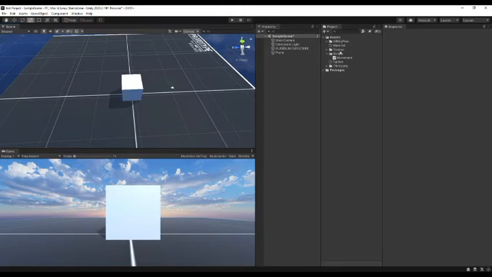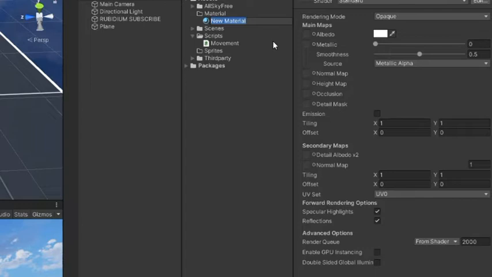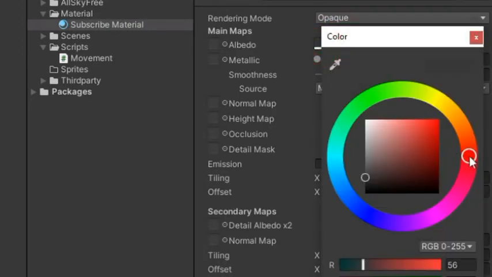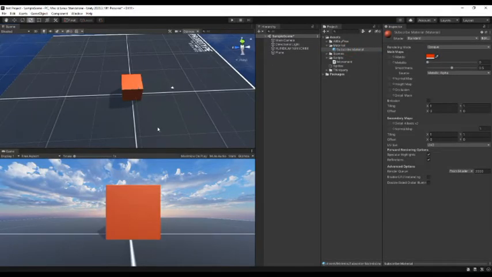Now we are going to create a material. How to do it? I'm just going to go to the material folder, create, and there will be a material over here. Create that and name the material our subscribe material. Yes, and we go to the material and change the color. If we want it to look more metallic, we can change whatever we want over here. I'm going to set this to a red color, and then I just put it over here, and voila, the material is added. It is that easy to make materials, and if you want to make better materials, you can make them in Paint 3D, Photoshop, or whatever you want, and just add them in Unity.